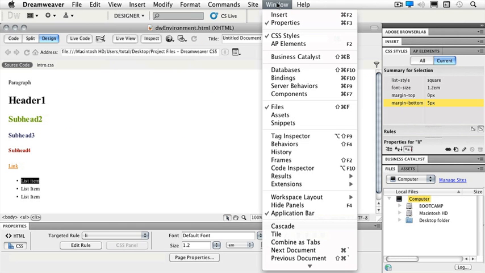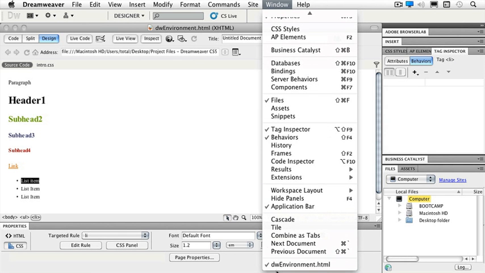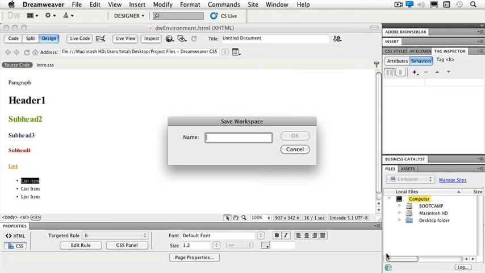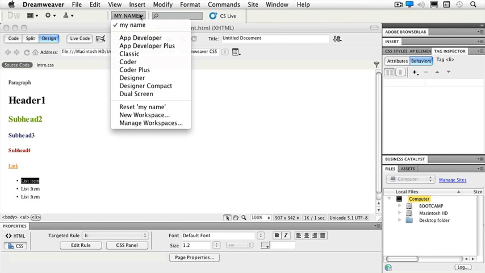If I take a look at my window menu, I have all of my panels available. So even ones that we have over there already have a check mark next to them. So for instance, if I'd like to see my behaviors, I can have that added over to my panels on the right-hand side. And if this is how I like to work, then I can come back up either to my window menu or where it says Designer at the moment. And I can pull down to Workspace Layout and New Workspace. And I can just name it. Say OK. And now the next time I make changes, this is available to me in my drop-down as the